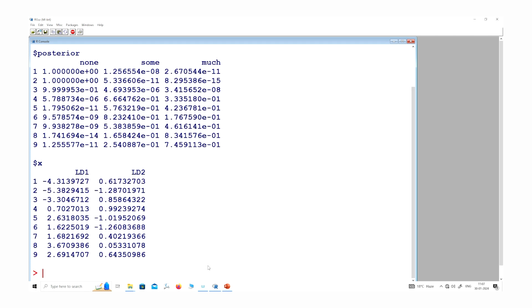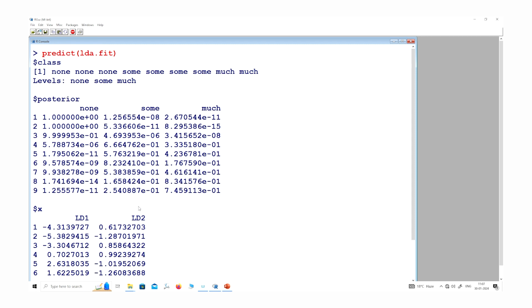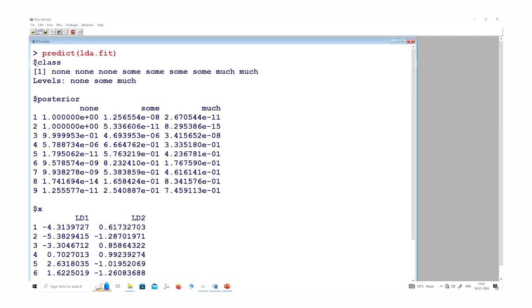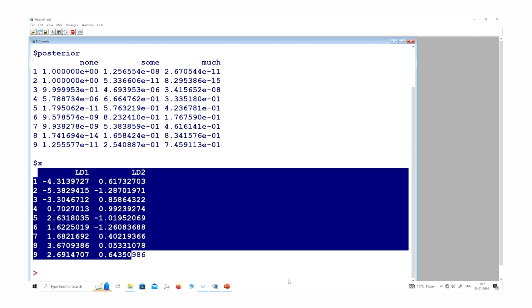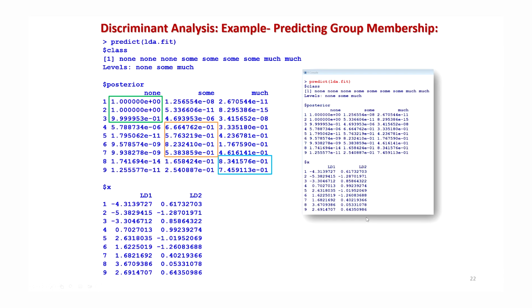This outcome comes out like this, the same outcome I showed you in the R console. This is the class. You can see the first 3 classes are none, then the next 4 classes are some, and the remaining 2 classes are much. And then we have the posterior probabilities and the value of x for LD1 and LD2, right. Let me come back to my slide and explain what they are doing.